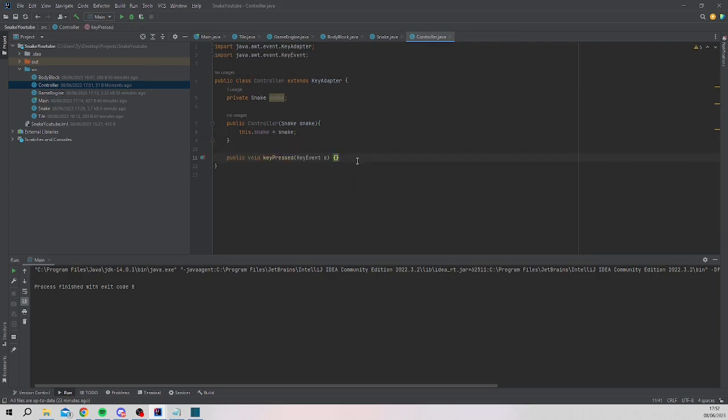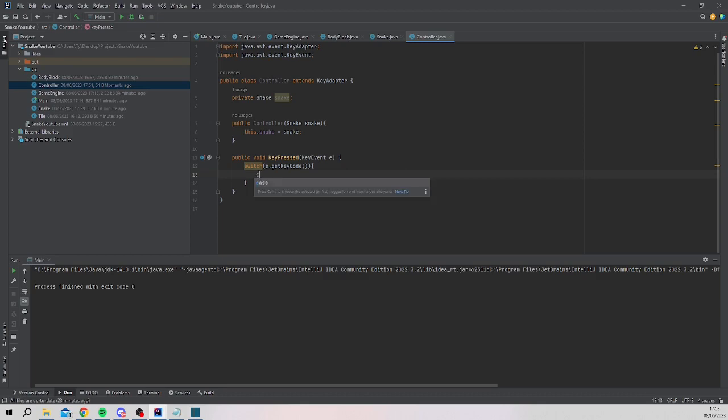What this is going to do is every time a key is pressed, it will read that and do something about it. So I think an appropriate thing here would be to use a switch statement. So we're going to get the key code and switch on that, basically. Okay, so what we can say is case,